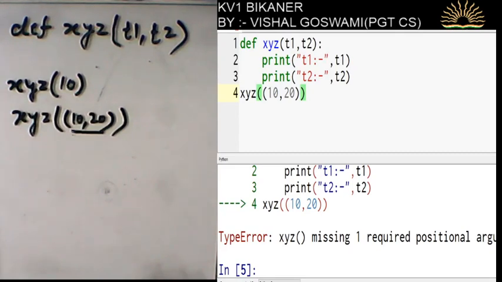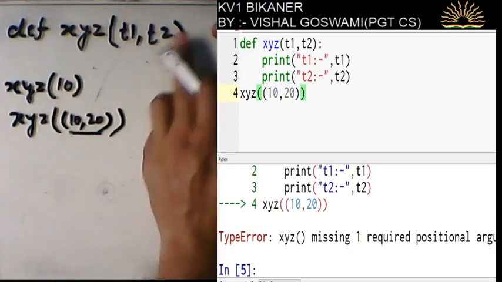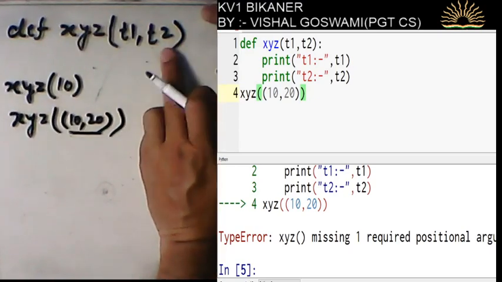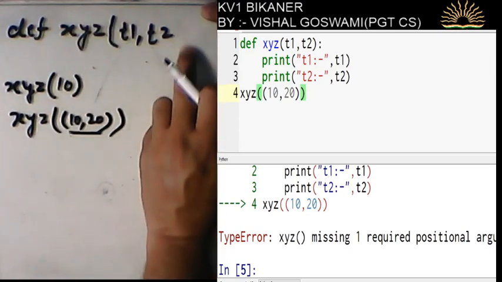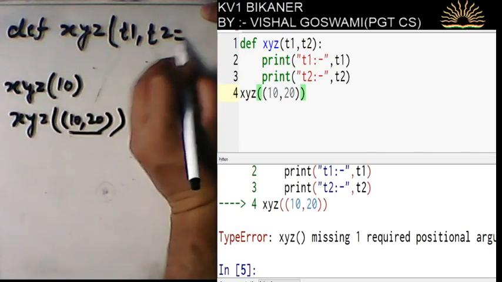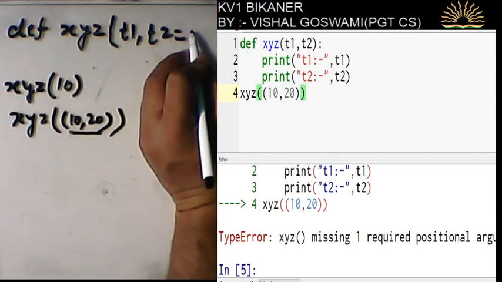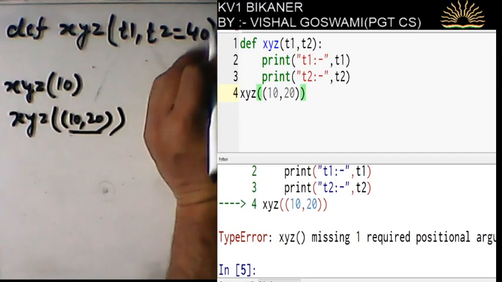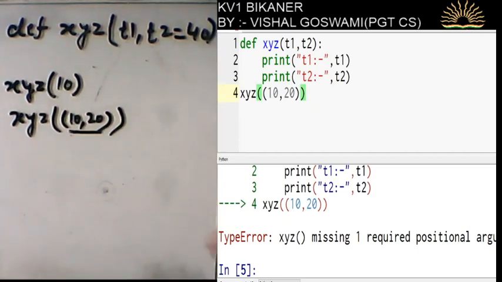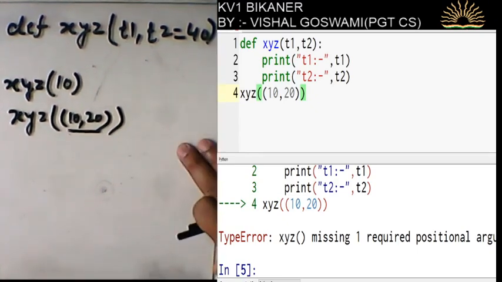If you provide a tuple, it can take a tuple. If you provide an integer, it will take an integer. So now see, I am changing this function and I am writing t2 is equal to 40.